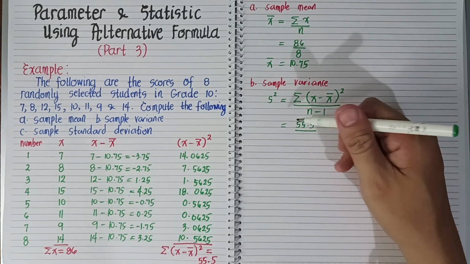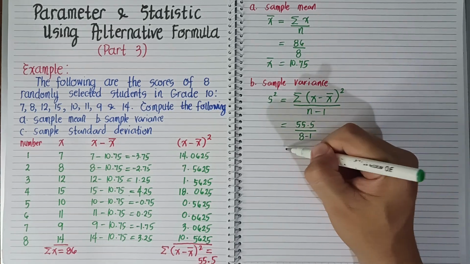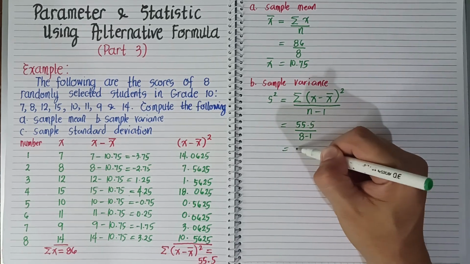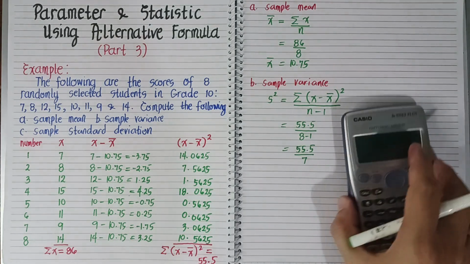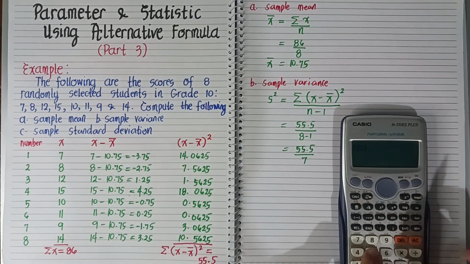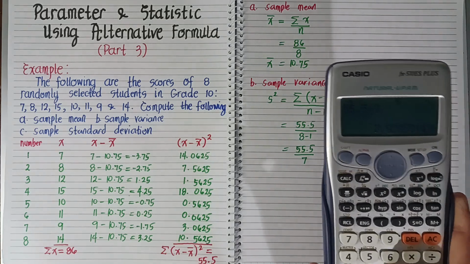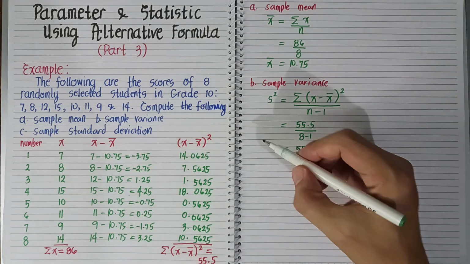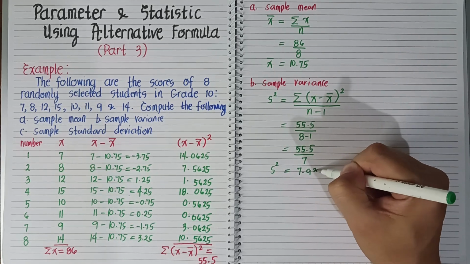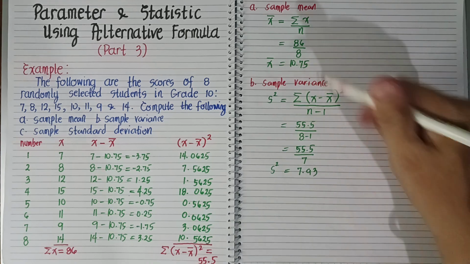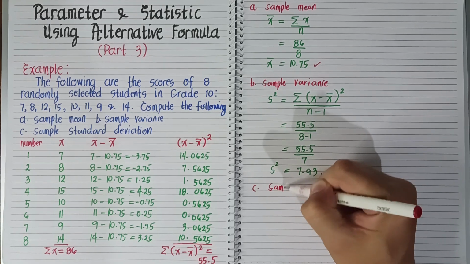Nasundan? And then so n minus 1, so n is equal to 8 minus 1. And then 55.5 divided by 7. So guys, gamit tayo ng scientific calculator. 55.5 divided by 7, that is 7.93. Okay? So 7.93, that is for the sample variance. 7.93. Nakuha? Okay. And then for the sample standard deviation,